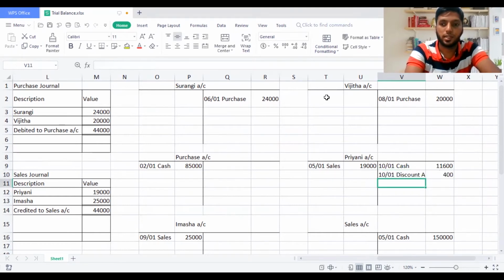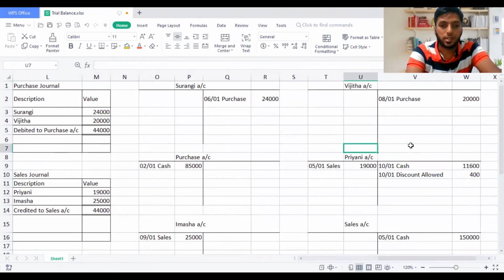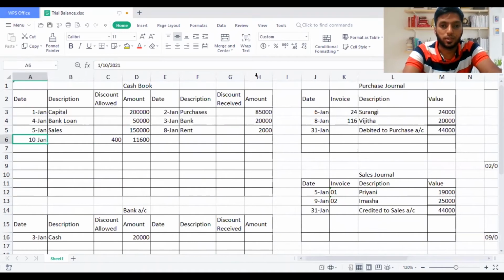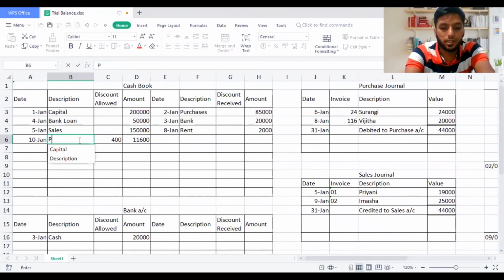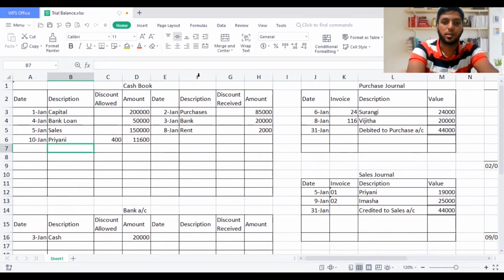So this recording is that easy, guys. Once you have recorded this, it's going to save our time. Try to record the adjustments then and there, so it's very easy for us to finalize here. I'll write here Priyani. You can write it in brackets later, but if you don't want to, you can just write Priyani. Then we move on to the next adjustment of the sum.